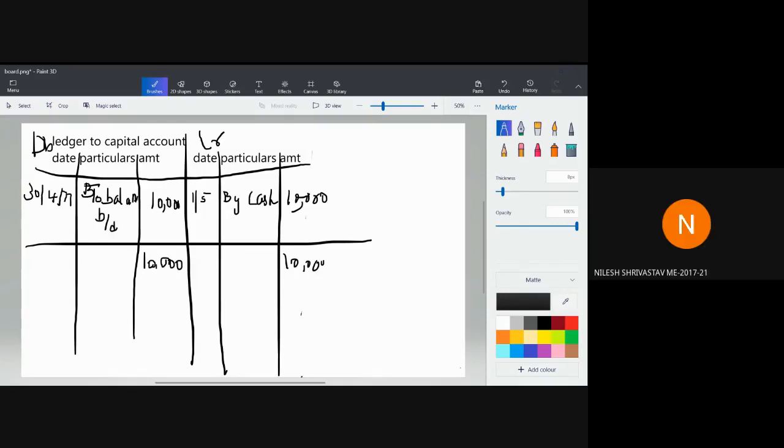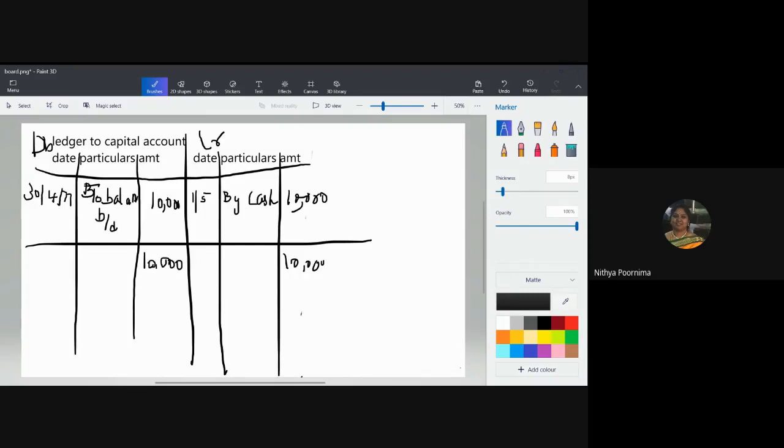Ma'am, nominal account. No, it is real account. Yeah. Cash sales has happened, so cash is coming in. Even here, money is coming in. Even that is also something called real account only. Okay, it's something like tangible and intangible account, right? In that classification, you can see it, right? So it is in the case of real account.